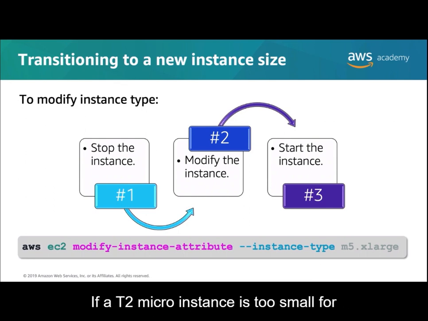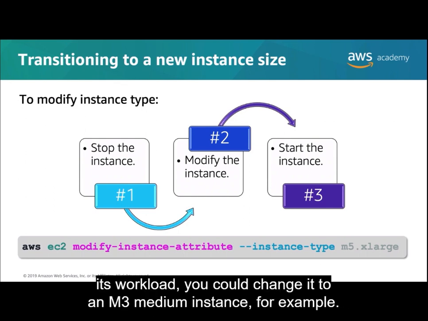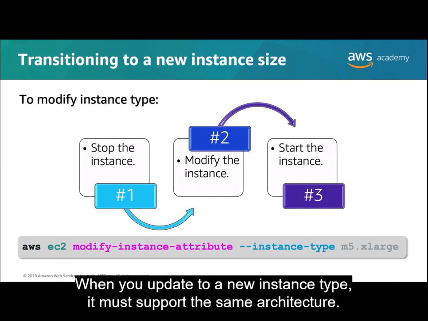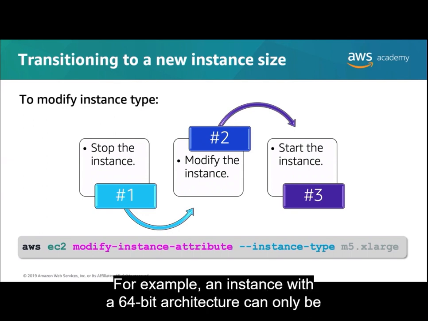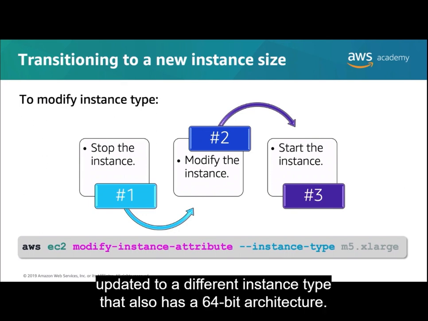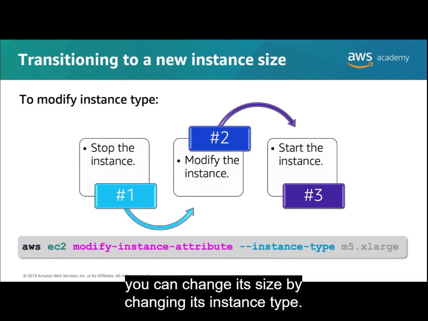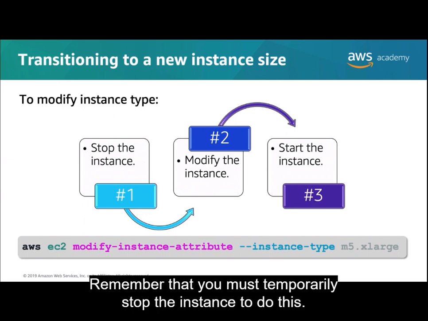If a T2 micro instance is too small for its workload, you could change it to an M3 medium instance, for example. First, you stop the instance, modify the instance type, and then restart the instance. When you update to a new instance type, it must support the same architecture. For example, an instance with a 64-bit architecture can only be updated to a different instance type that also has a 64-bit architecture. If the root device is an EBS volume, you can change its size by changing its instance type. Remember that you must temporarily stop the